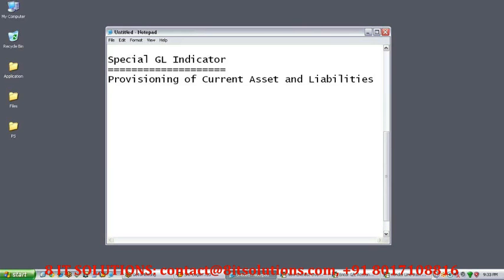Or simply, if we have any transaction which is related to vendor and customer but we don't want to impact our sundry creditor, in such cases we can use special GL indicator.